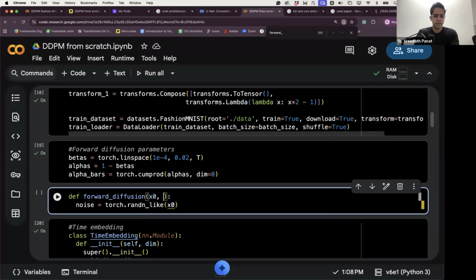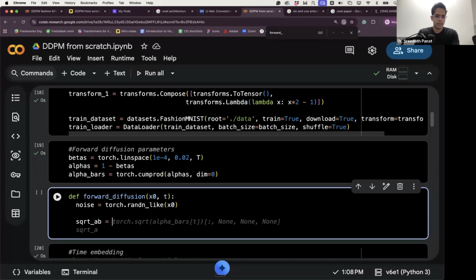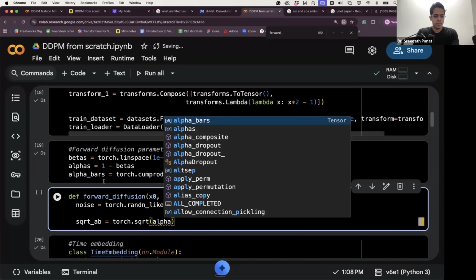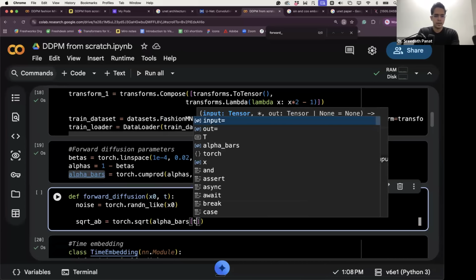So in forward diffusion, x naught comma t, then square root of a bar, or a with a dash on the top, is equal to torch dot sqrt of alpha bars of t,